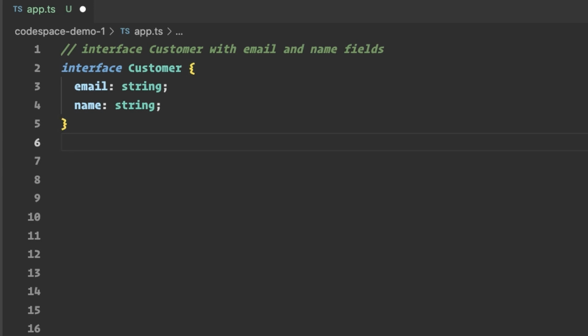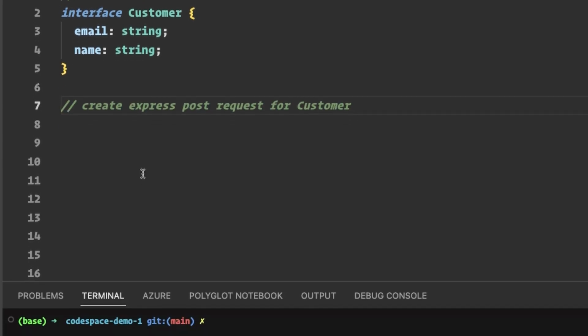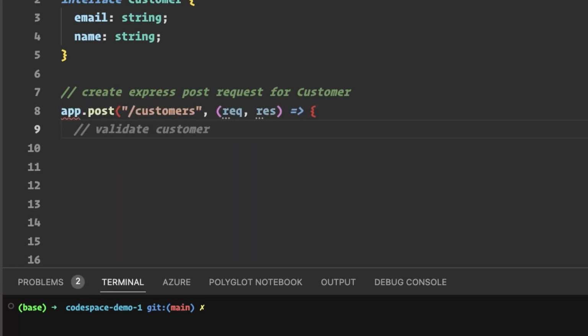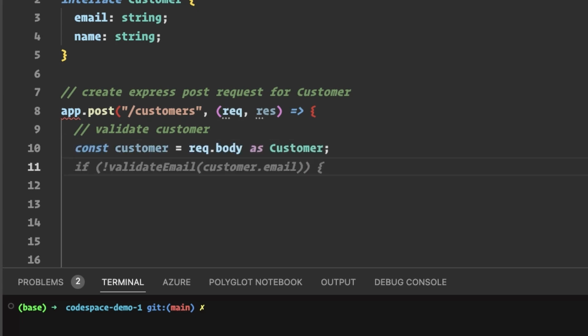This is fantastic. This is a great beginning. Next up, let's create our web API endpoint. To create that endpoint, we need to write another comment to instruct Copilot. So I'm saying create express post request for customer, and now let's see what Copilot is telling me to do. App post, that's great. Request, response, validate customer, yes, I want to do that. Request body, that's perfect.